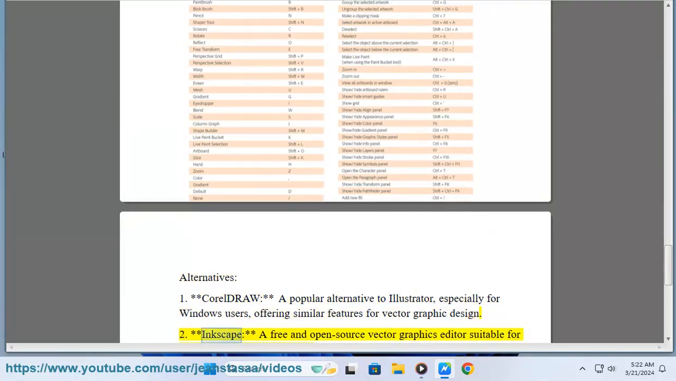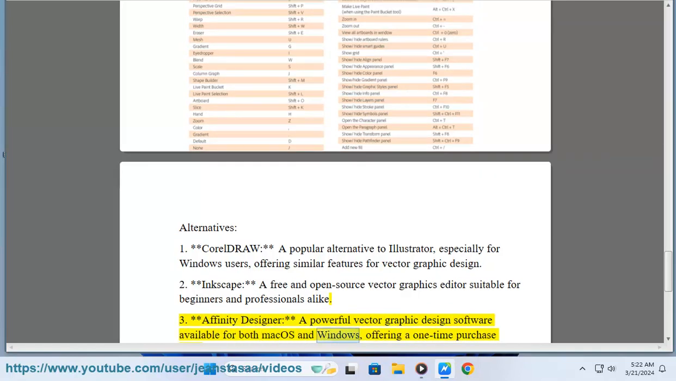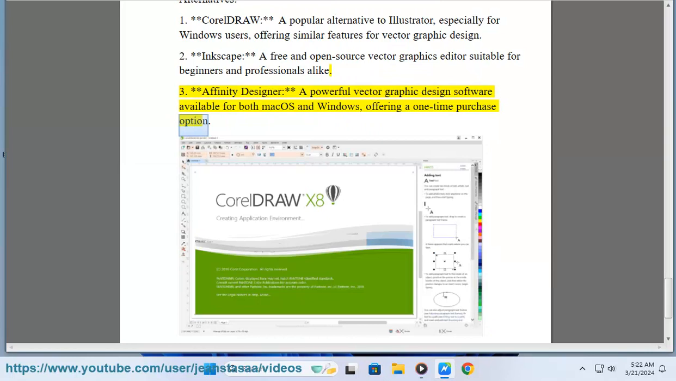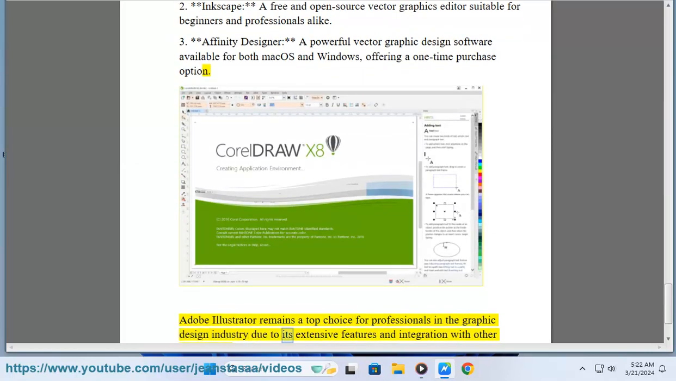2. Inkscape: a free and open source vector graphics editor suitable for beginners and professionals alike. 3. Affinity Designer: a powerful vector graphic design software available for both Mac OS and Windows, offering a one-time purchase option. Adobe Illustrator remains a top choice for professionals in the graphic design industry due to its extensive features